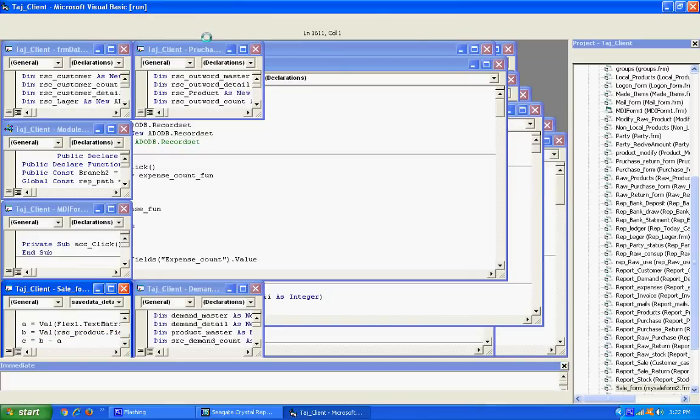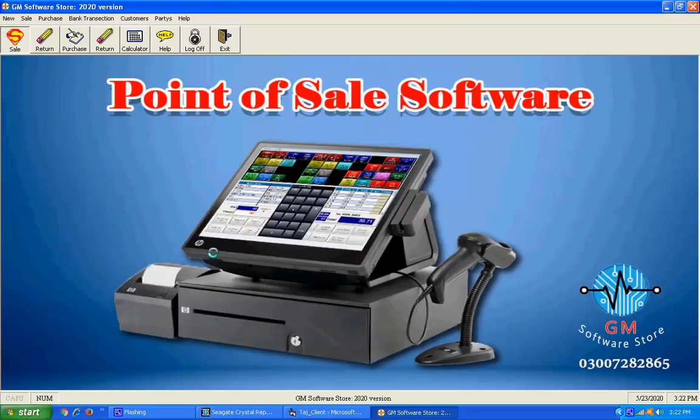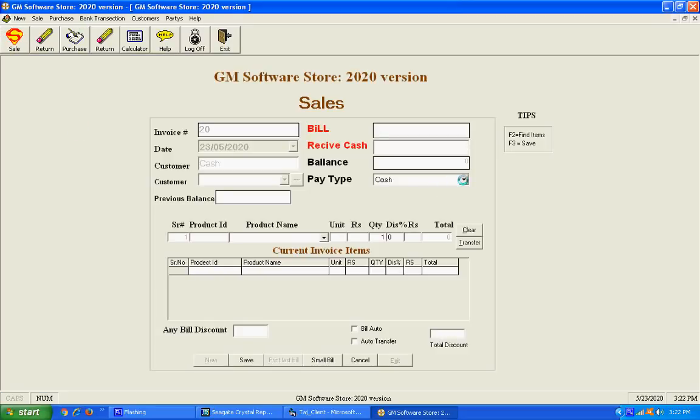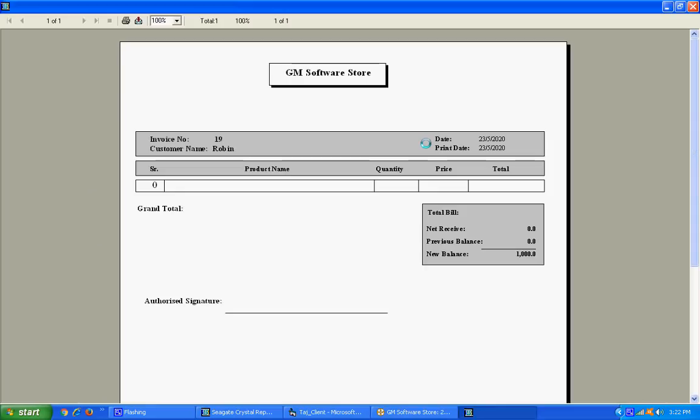Okay, stop the program. Again, Robin, check the saved record. Are the Robin 1000 saved in the Robin record? At this time the invoice is 20. I'm going to check whether invoice 19 is saved in our system, and the status of the sale report. Yes, this invoice is perfectly added in our system. The error that occurred, I will check another time.